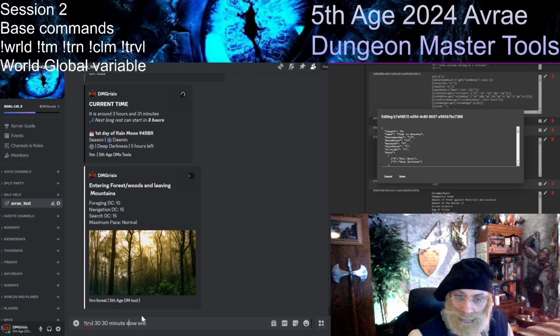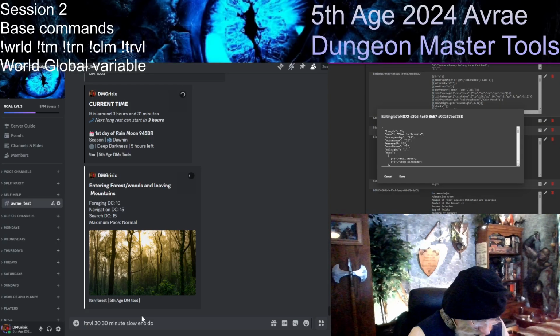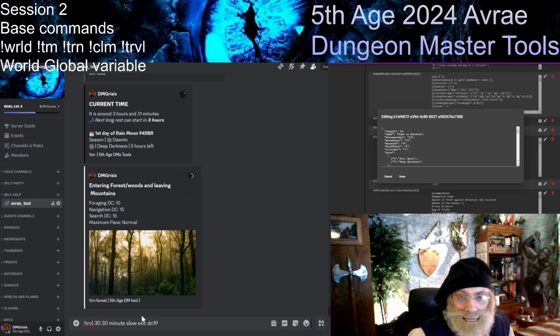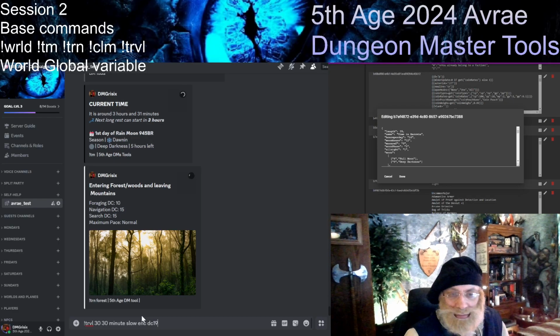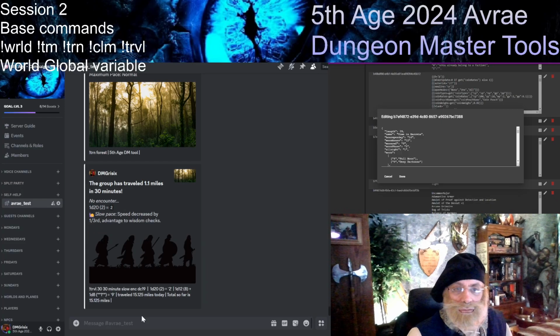We're tracking a slow pace, and we are generating an encounter chance on a d20 by default, which will have a DC of 19. Let's say they are close to the mist, not very many monsters or creatures, ventures that close out at the outer edge of Barovia. So that's going to give us our roll here. So they have traveled 1.1 miles in 30 minutes, putting a bit of distance between themselves and the mists, and they have not encountered anything.